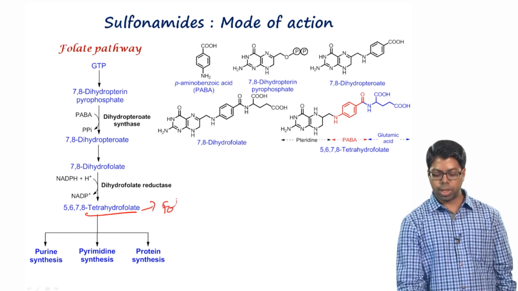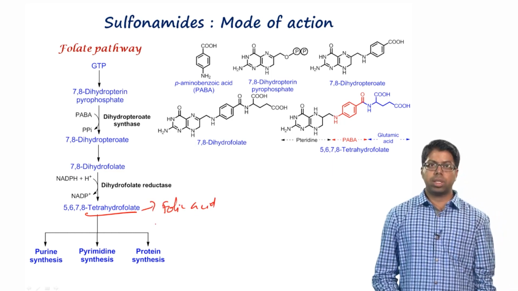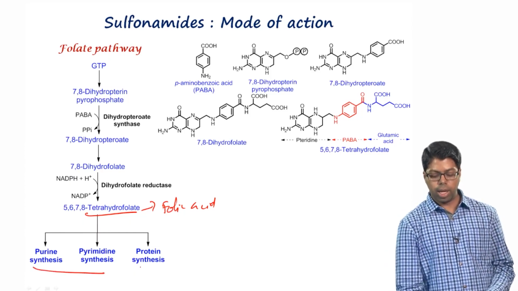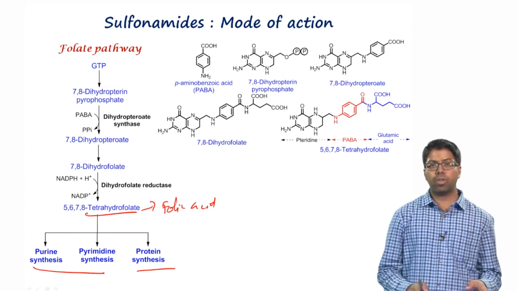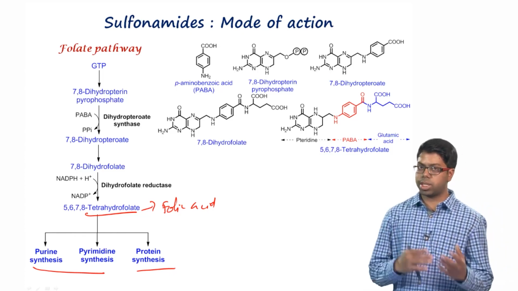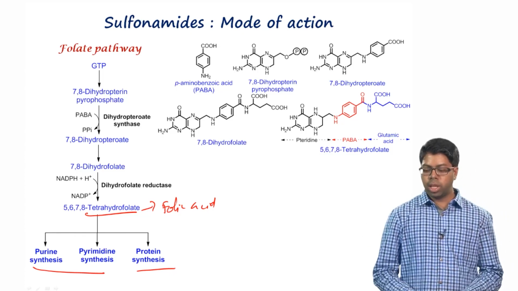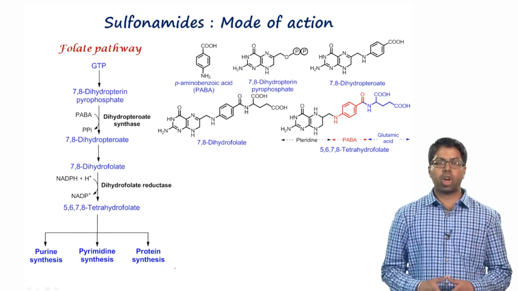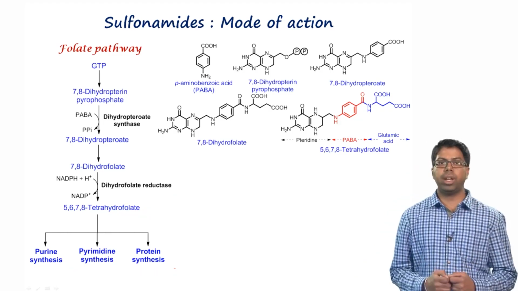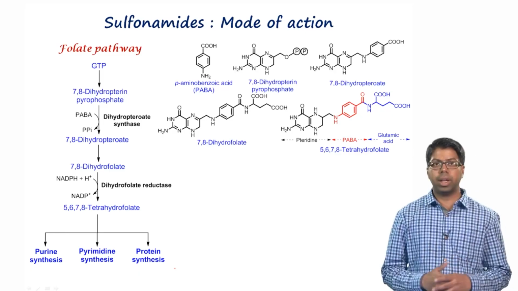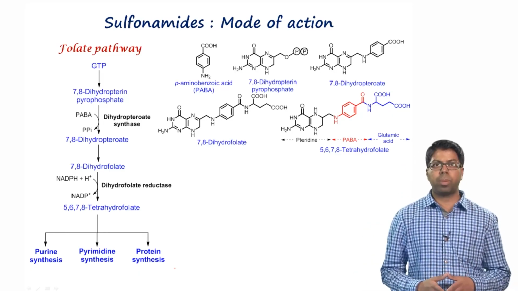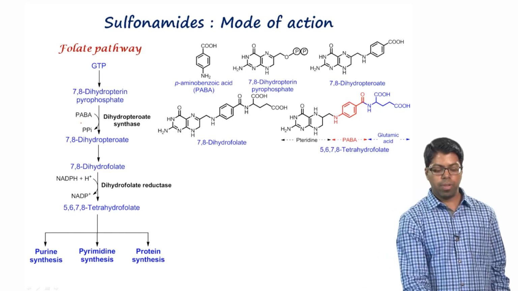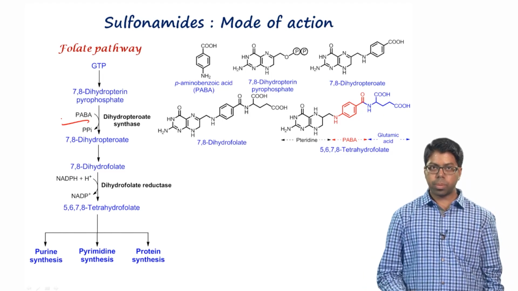form of folic acid. Folic acid is a vitamin that is needed in order to synthesize nucleotides and amino acids. Basically, without folic acid, cells would not be able to synthesize DNA, RNA or proteins. Therefore, it is a pretty important metabolite. So, here the GTP nucleotide is a common precursor for the synthesis of 7,8-dihydropterin pyrophosphate. Then 7,8-dihydropteroate is assembled from dihydropterin pyrophosphate and para-aminobenzoic acid, abbreviated as PABA for short, in the presence